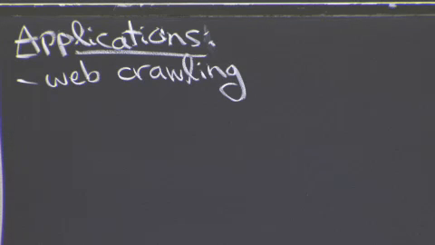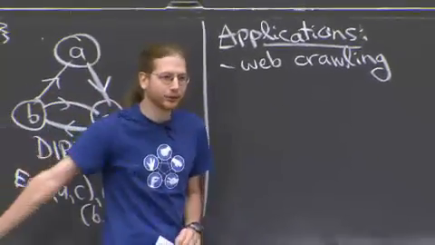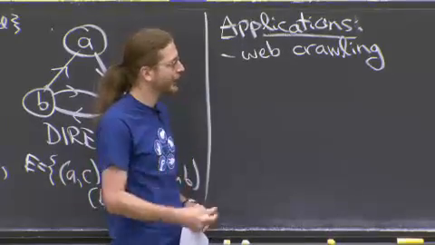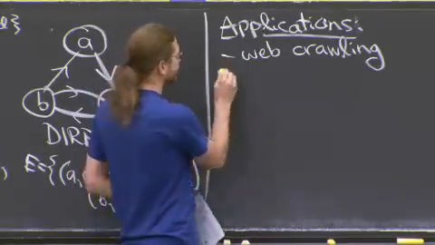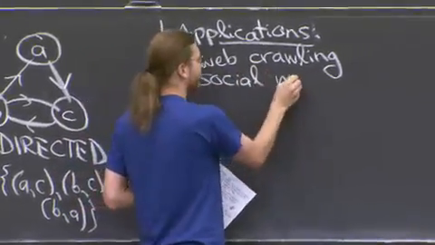It's a little bit of an issue because if you define it wrong, the internet is infinite because of all those dynamically generated pages. But to deal with that, Google goes sort of breadth first for the most part. It's prioritized. But you want to see all the things you can reach from pages you already have and keep going. At some point, you give up when you run out of time.